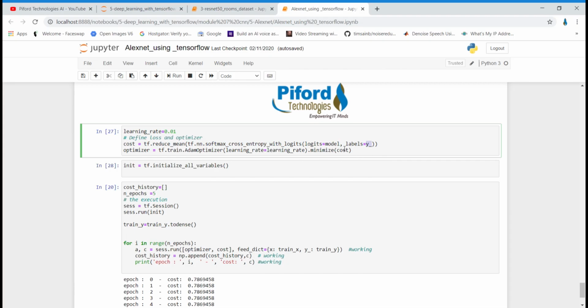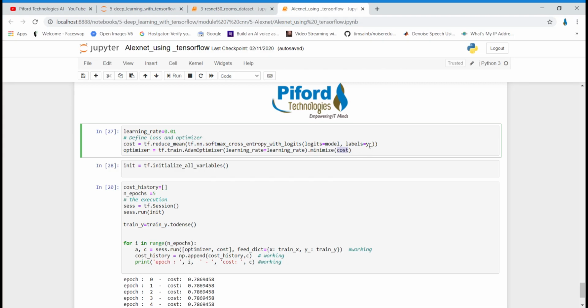Once we get the predicted output and actual output, we check the RMSE of it, and on the basis of that error we use the optimizer to update the weights. Why do we want to update the weights? Because we want to minimize the error, minimize the cost function.